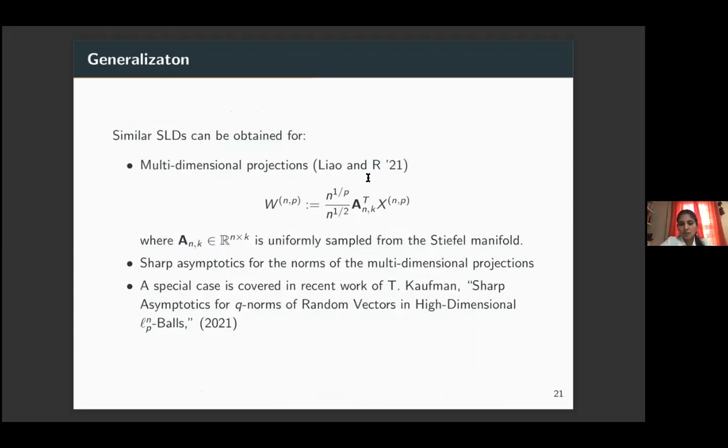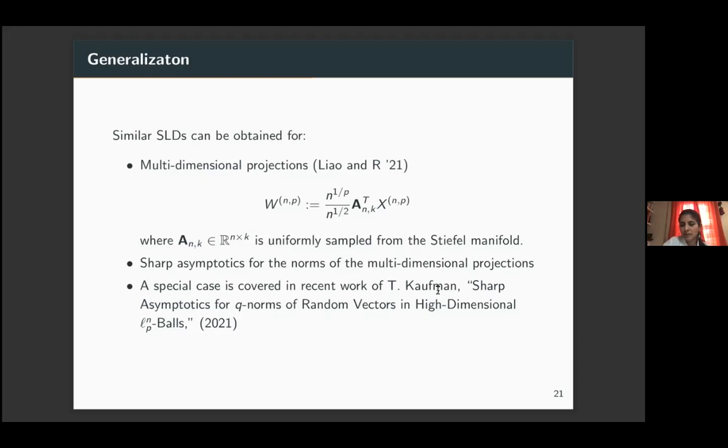and the quenched, where now you're quenching onto a random subspace. So you take a random two-dimensional subspace and then you project it, and then you look at the large deviations, and we've got sharp estimates for that in the quenched case. And I think a special case of our thing or a similar thing has been covered